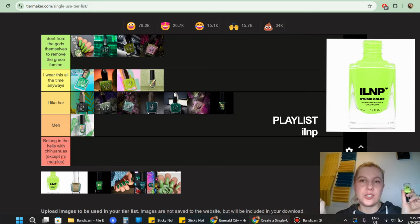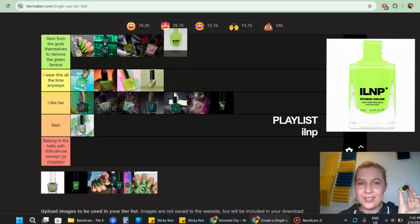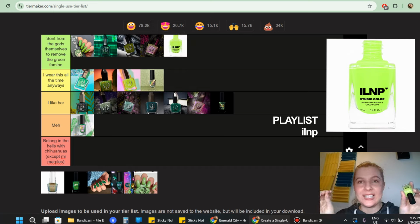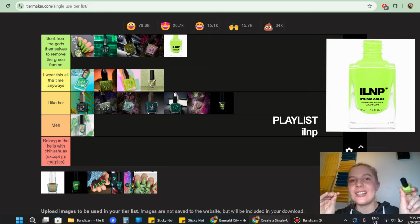Now, if you call this polish yellow, you're wrong. And as a world's first green color expert, I should know that this is actually green. So ILNP's Playlist is honestly sent from the gods themselves. It's a very nice neon, fully opaque in 2 coats only, and it is very, very neon, shows up so nicely under UV light, glows like no other polish. In general, I just really love neons,